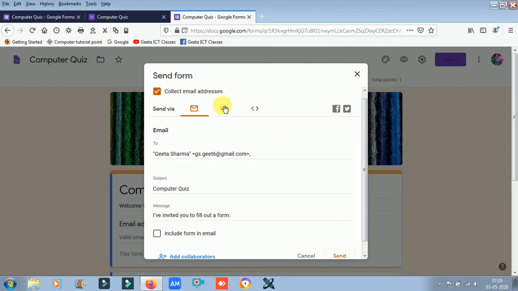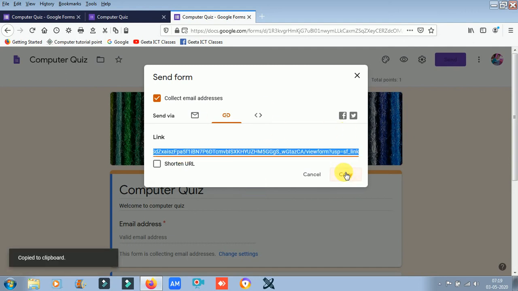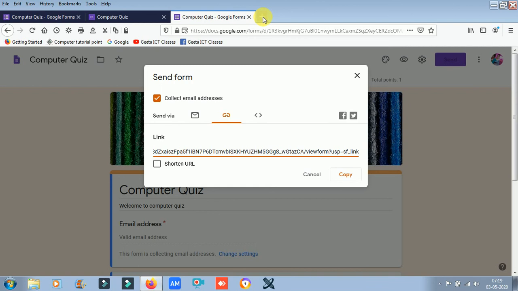And next is link. If you want to copy this link, when you copy it, then you can paste it anywhere you want to share. Copy, and then you can share anywhere.